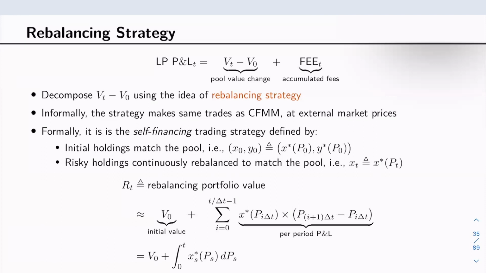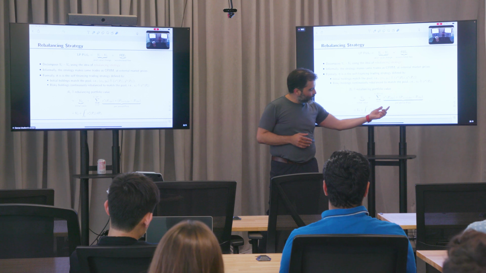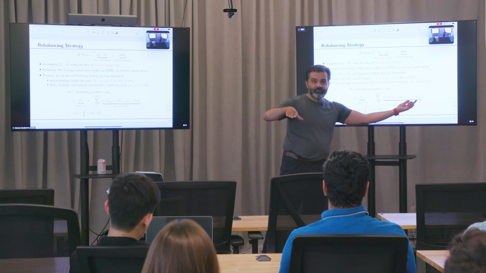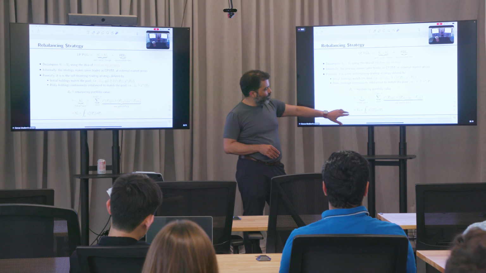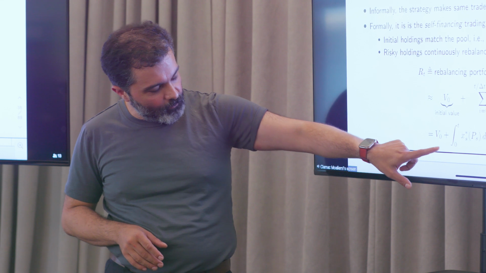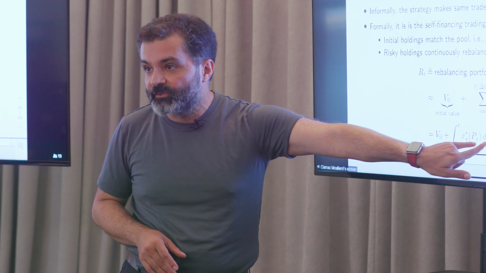So you're not injecting money or taking out money of this trading strategy. So if you think about it, if you're not putting in or taking out money, the only way you can make or lose money is because of fluctuations of the risky asset. So the value of the pool at the end is going to be its initial value, plus, for each interval of time, how much of the risky asset do you have, and then what does the price do over the next delta t? And if you take the continuous time limit, you can write that as an Ito integral. So the value of this rebalancing portfolio is simply the initial value of the pool plus the quantity of risky asset that the pool holds integrated against the price changes that occur.